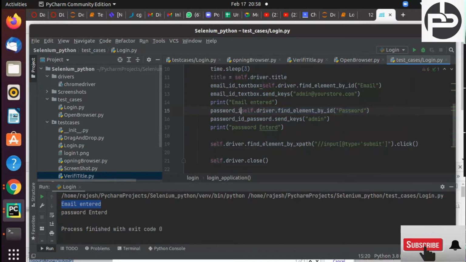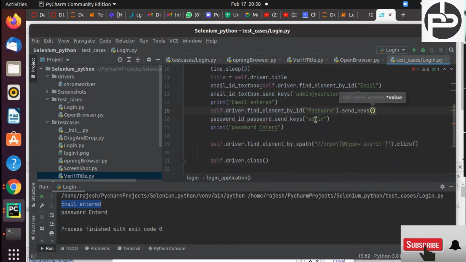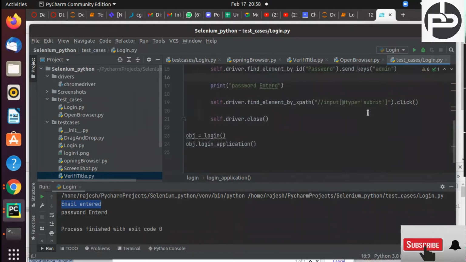Understand, dot send keys we can call here itself, and we can pass the password. Clear? Any doubt? No, sir. Cool. Edwin, are you able to understand? Yes, sir. Now let me execute this and we'll see whether we are able to do the login or not.